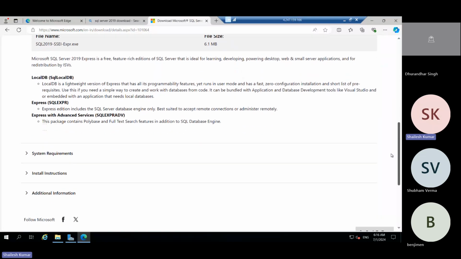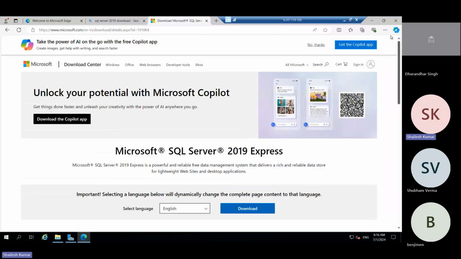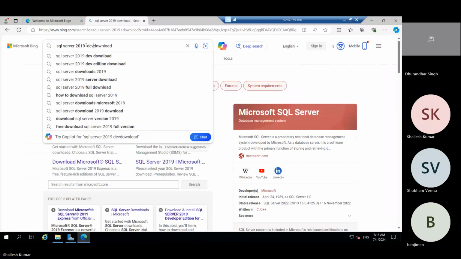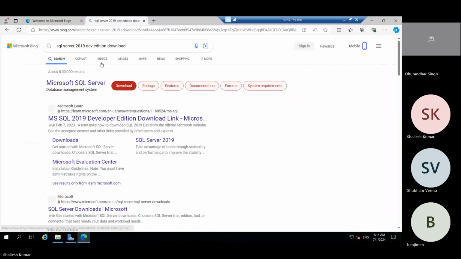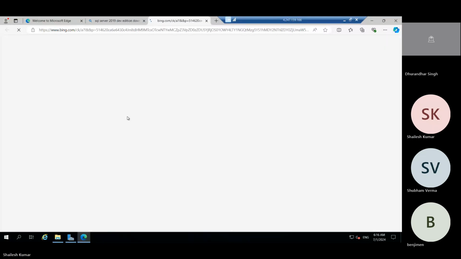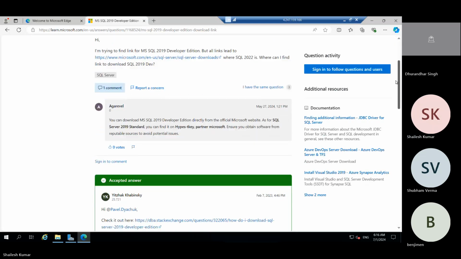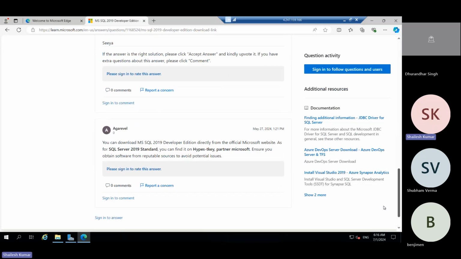We are not going for Express. We will see Developer basically, because it will help in some development.